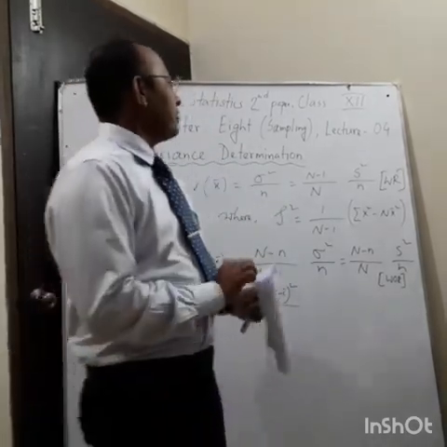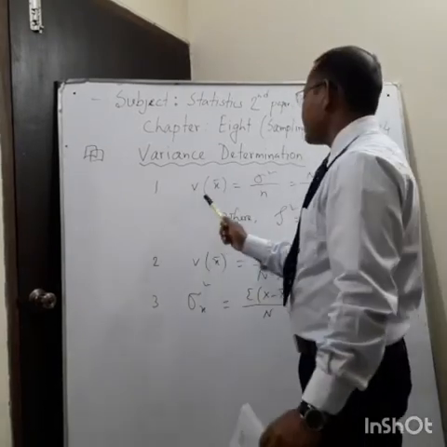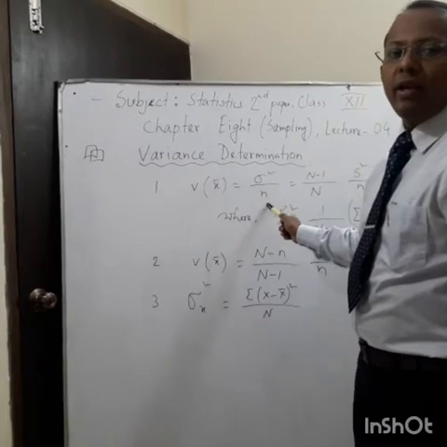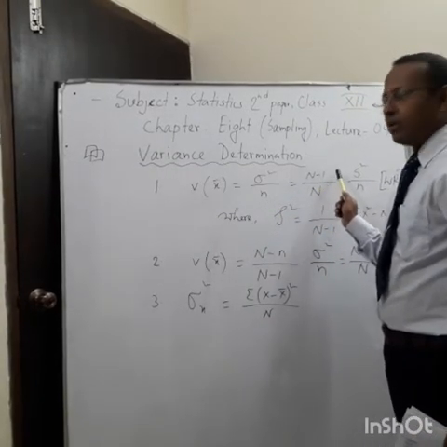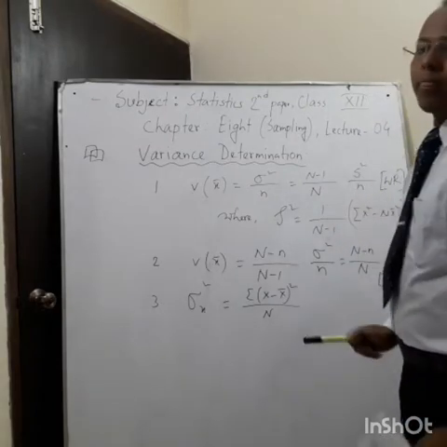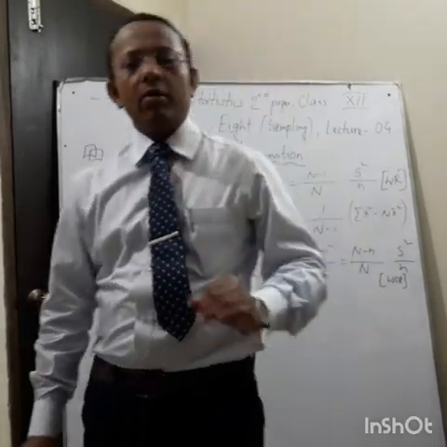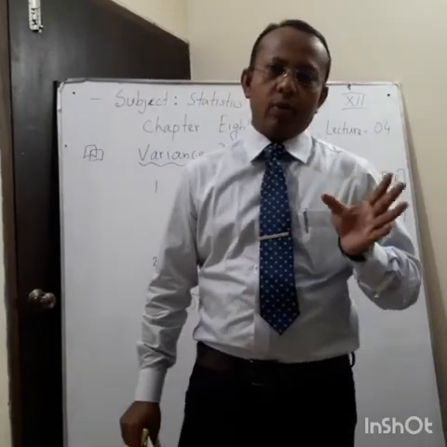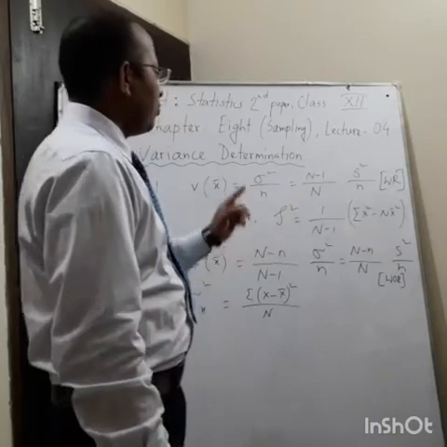When we collect the sample with replacement, in that moment the variance of the sample mean is sigma square divided by n, which is equal to (capital N minus 1) divided by capital N into s square divided by n. I repeat, we can collect the sample in two ways, with replacement or without replacement. But when the samples are collected with replacement,